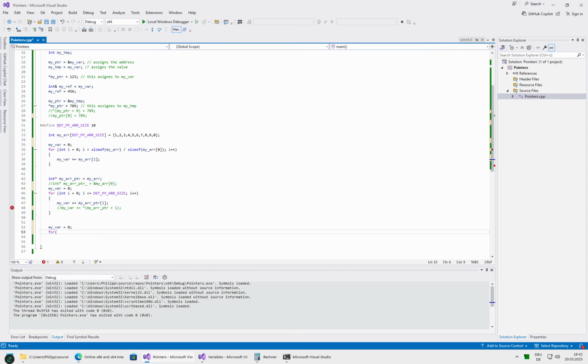For, have my ptr equals my array. So we start here again. Semicolon, then we make my ptr, so we take the address we have here, and we say that the address must be less than the starting address plus the count. So here the compiler will enter the number 10,